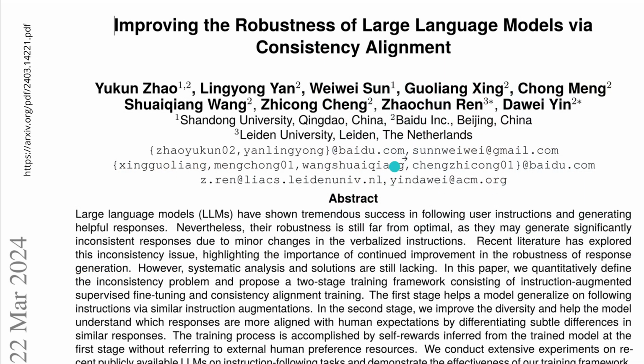And you say, hey, wait, this is from Baidu. This is the company that is now maybe cooperating with Apple in China for the new Apple AI systems. And according to common knowledge at the time of filming, you see this publication here from the end of March 2024. Yes, this is the company that Apple may cooperate with in China, following the governmental regulations. So if they care about improved robustness of LLMs via a new consistency alignment phase, we all can learn from this. So let's have a look at what our colleagues in China did and what was their main